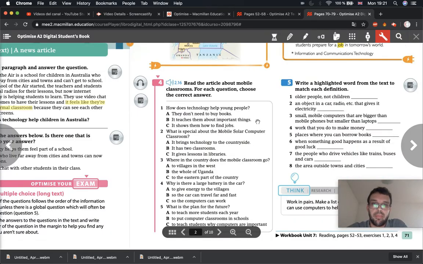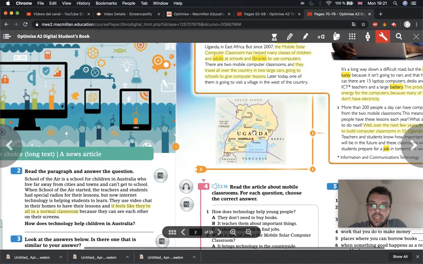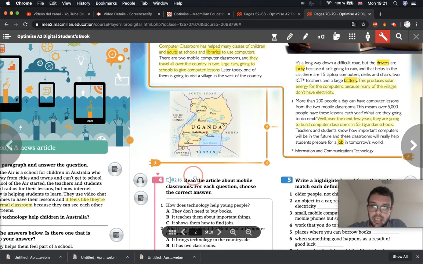All right, excellent, guys. So, by the way, Uganda is, in case you didn't know, a small country in Africa, a very poor country, shown here. Anyway,